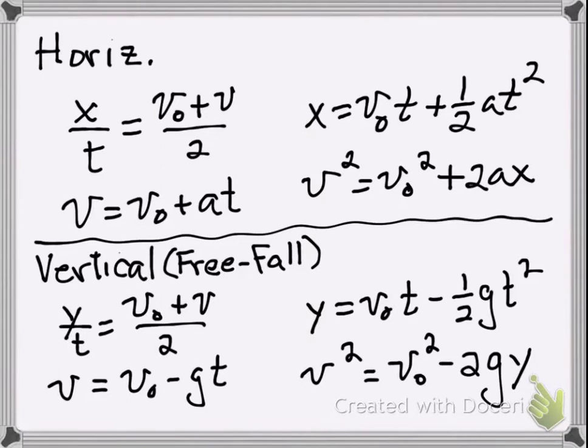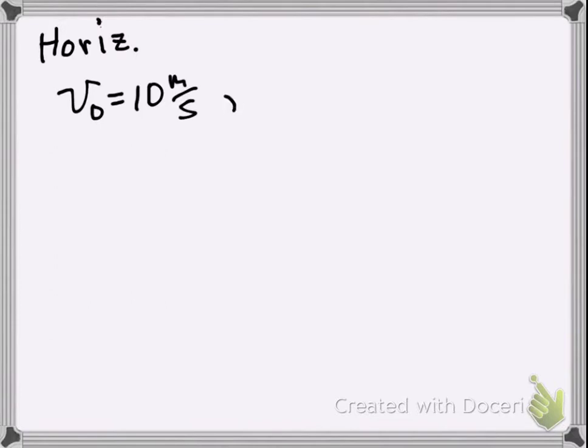So let's consider an example. Let's say that we have an object that's traveling horizontally, so we'll abbreviate that HORIZ. And we'll say that its initial speed is 10 meters per second. The distance that it travels,